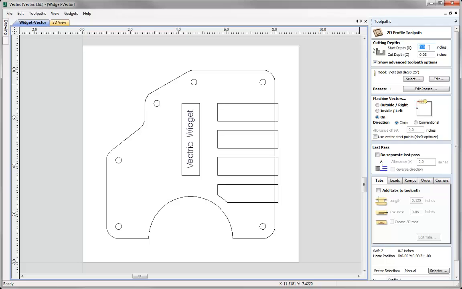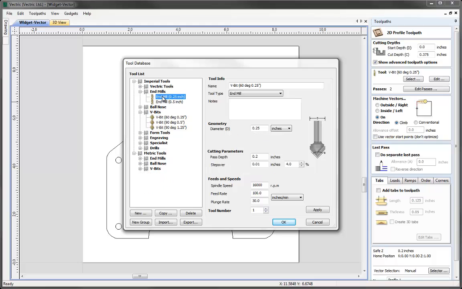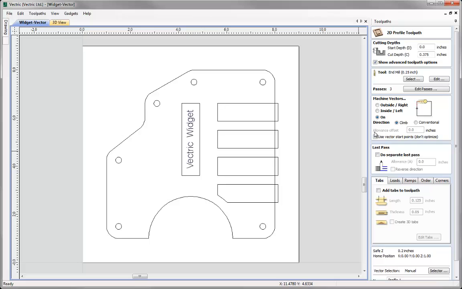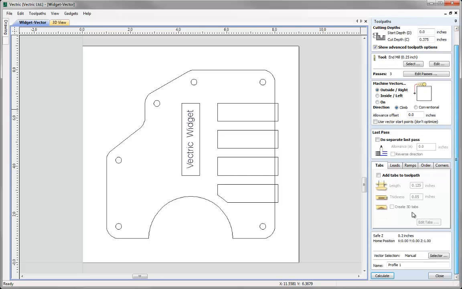We're going to start from the top of the material. So I know that I want to cut through the full depth of the material, so I'm just going to highlight the value and type in Z equals in there. I'm going to go into the tool database and select my 1/4 inch ML to do the cutting out pass, and then press OK. I know that I want to be machining on the outside of this vector, so I'm just going to select that option here,